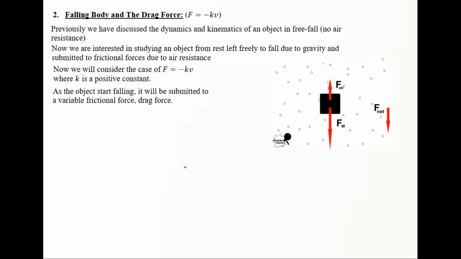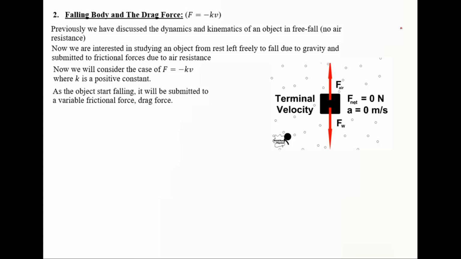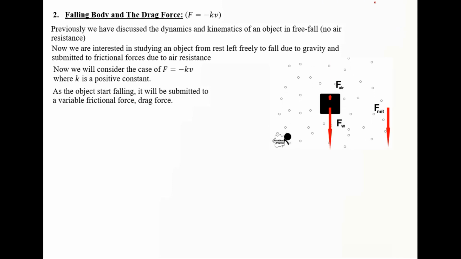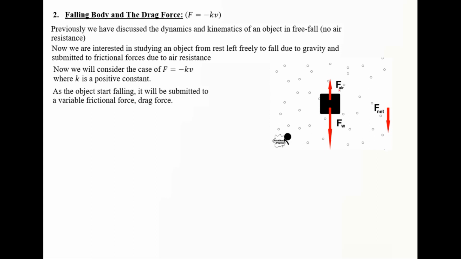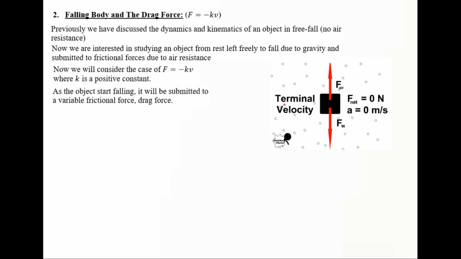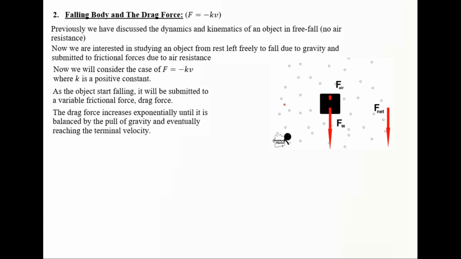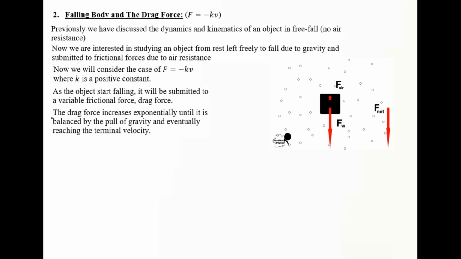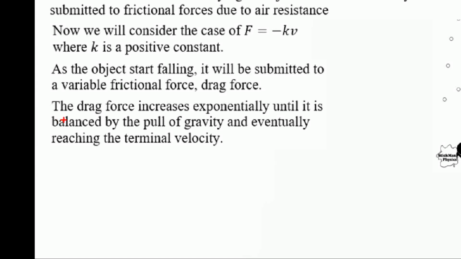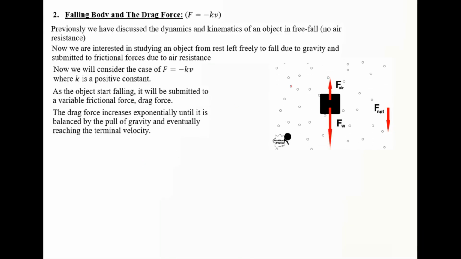Now here, as we can notice from the animation, let me repeat it, this is the frictional force, which is the drag force due to a resistance. It is varying, it is increasing as the velocity is increasing. So we say the drag force increases exponentially until it is balanced by the pull of gravity, eventually reaching the terminal velocity. Later on through this section, I will refer to what is meant by the exponential increase and the terminal velocity. But now let's keep in mind, as the object is falling,